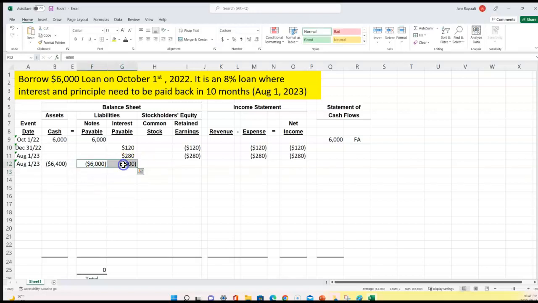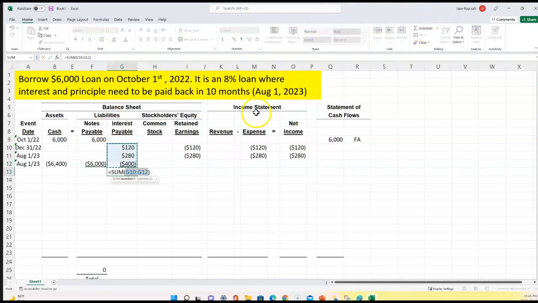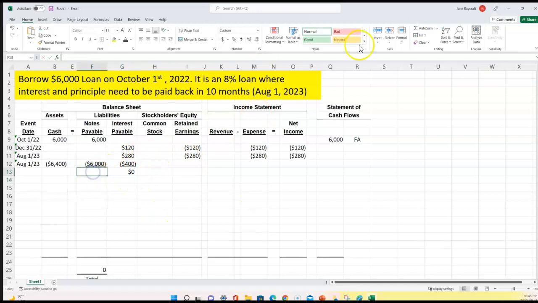So ultimately, when I do that for these accounts, they'll show a zero balance at this point because I've got those liabilities now paid off. They are done. I'm done paying them. So I want to show a zero balance in those accounts. I'm just not going to total the cash account because you would hope we'd get more cash in, so we could pay that